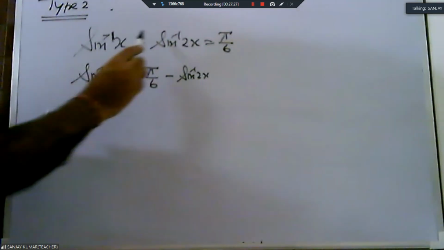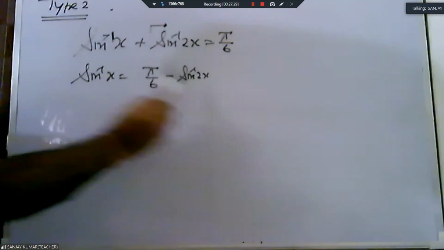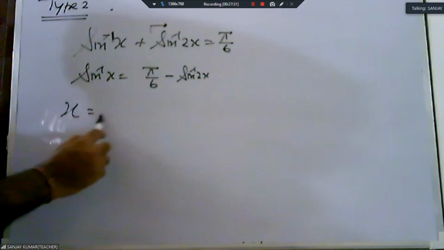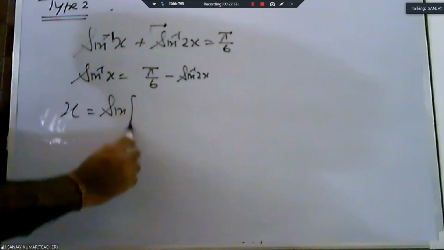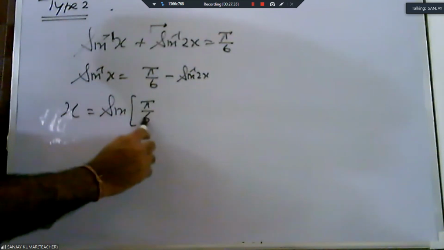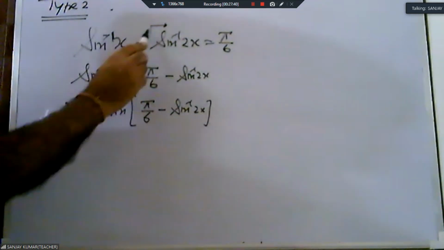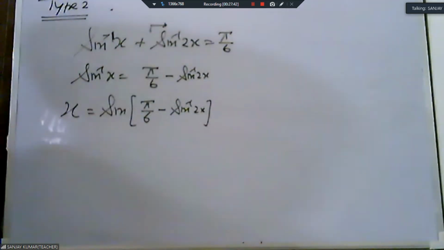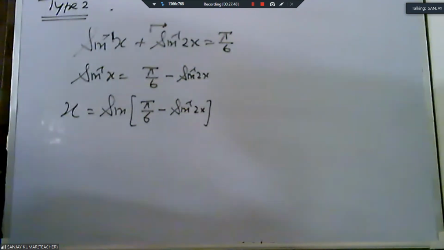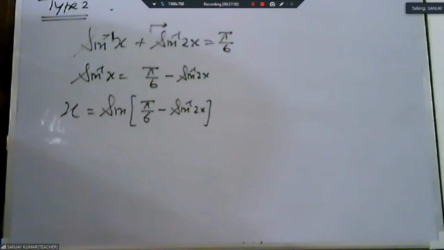So what we do here, one sin inverse we take that side. Now this sin inverse we again take that side, because question को मैं फिर से repeat करूँगा. We take sin inverse this side. Again you see please, we are moving one sin inverse to the right side. That right side means pi by 6 minus sin inverse 2x. Then sin inverse x, we again take on that side. We are changing the sign.